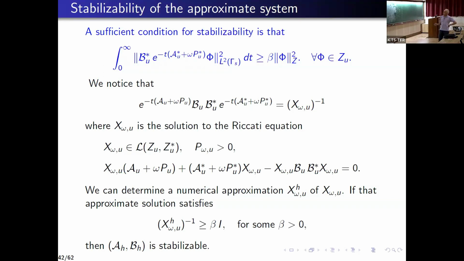So a sufficient condition for the stabilizability is this property for the Gramian operator introduced here. It must be bounded from below by some positive constant. So I write the operator in this form. And what I know is that when this operator is strictly positive, that is, when it is invertible, its inverse is the solution to the following Riccati equation,